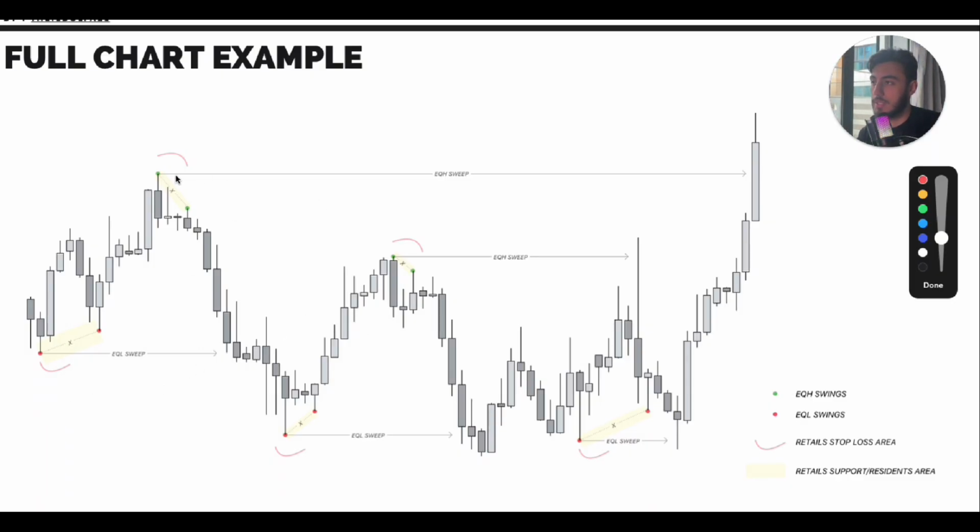Now let's take a look at this. What we can see, it's a trick in the confirmation. It's a swing high. There's an equal high, mitigation should be a swing high. Pay attention. And we can see pretty much the first mitigation, the second mitigation, making a support area, right? So the retail trader is going to think, okay, they're going to put their entry here again, at these areas. And they're going to put the stop loss here. So they're going to see a good support area.